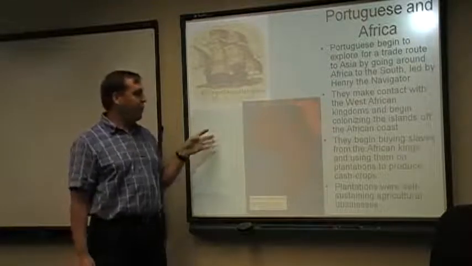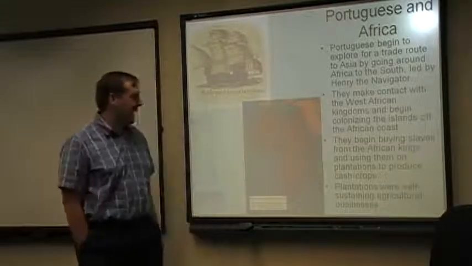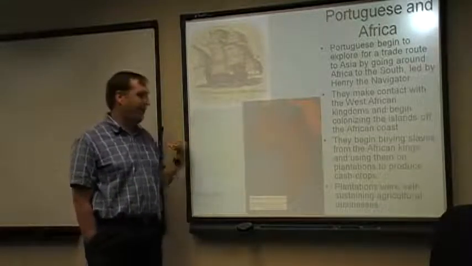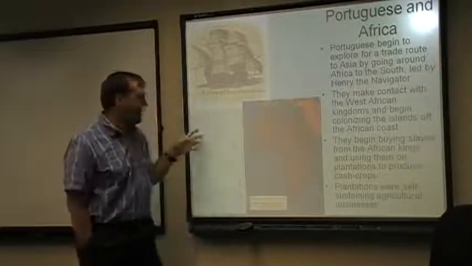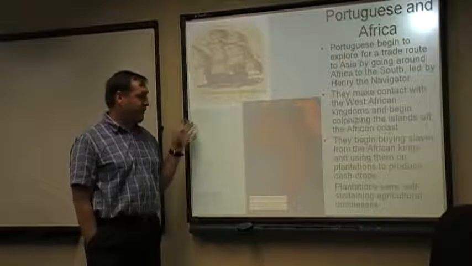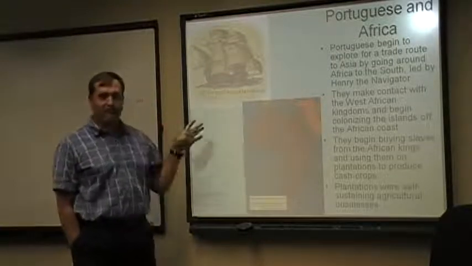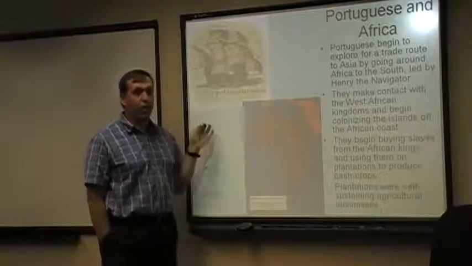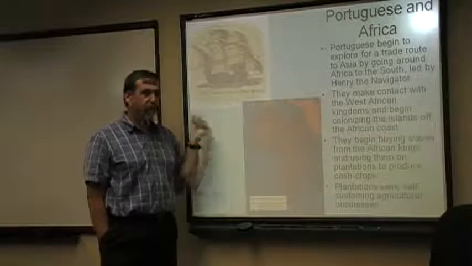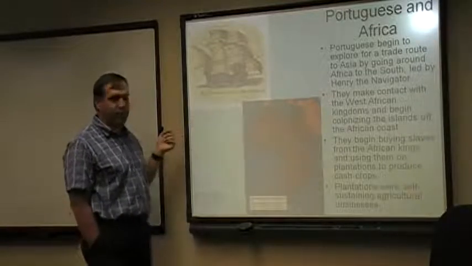Now, one of the points you do have to understand, though, is the fact that for the most part, white Europeans have to stay off the coast of Africa. You're not going to see any large-scale incursions into the interior of Africa for one very good reason, and that is disease. Disease killed white people like it was a full-time job until the 1800s when people figured out what actually caused diseases. Those are the little microbes that, for example, mosquitoes inject into you or various other ways that you get microbes into your body.